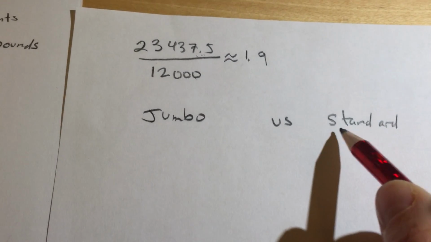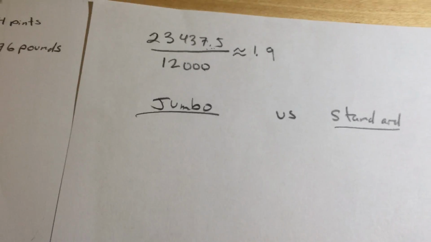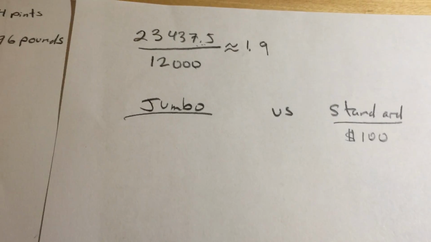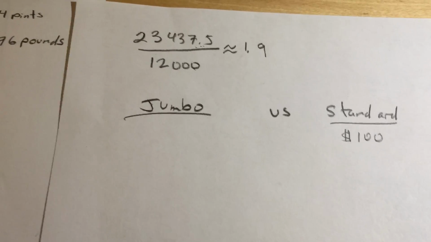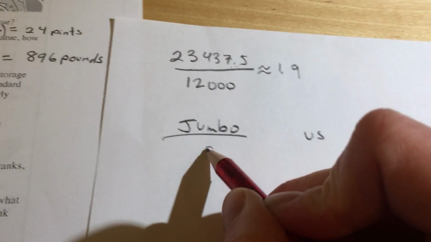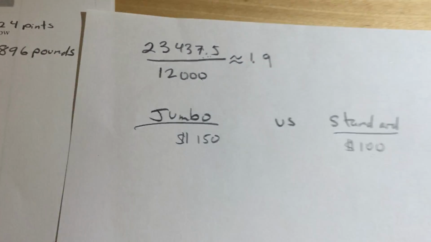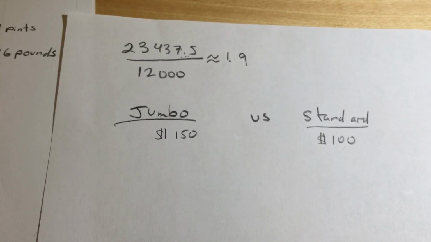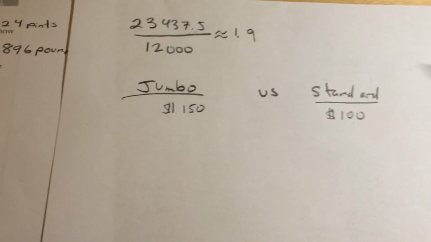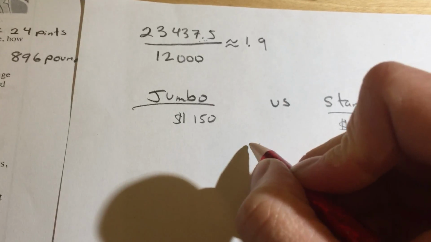Okay, so something that's really easy is if I just make my standard $100. So each standard oil tank is going to cost $100. That means 50% of 100 is $50, so the jumbo tank is going to cost 150. Okay, so let's pick an arbitrary number. Let's say that we are wanting something to hold